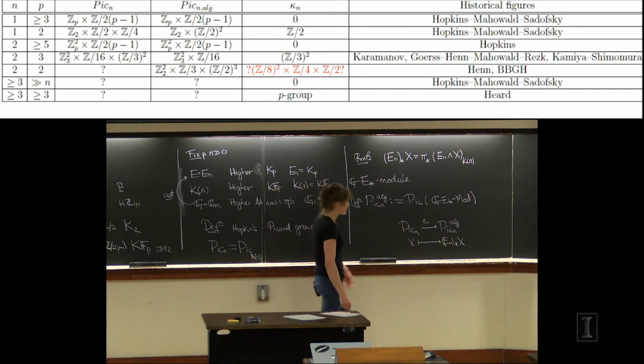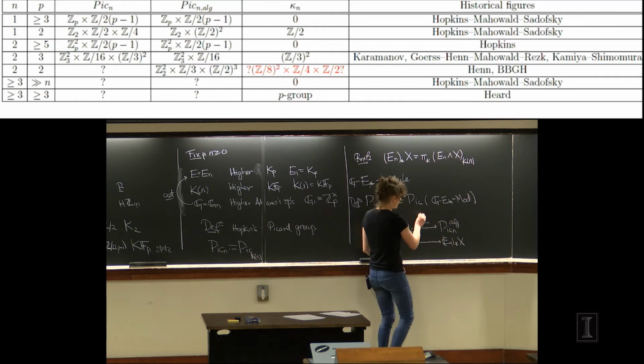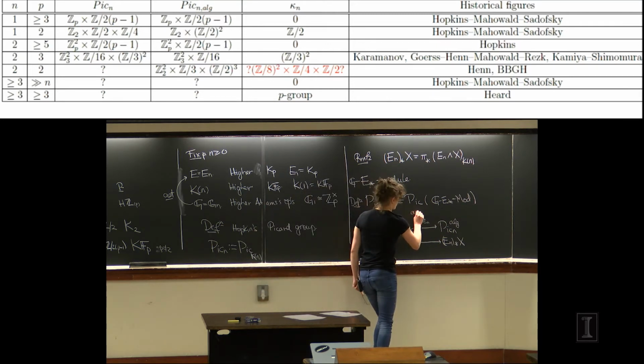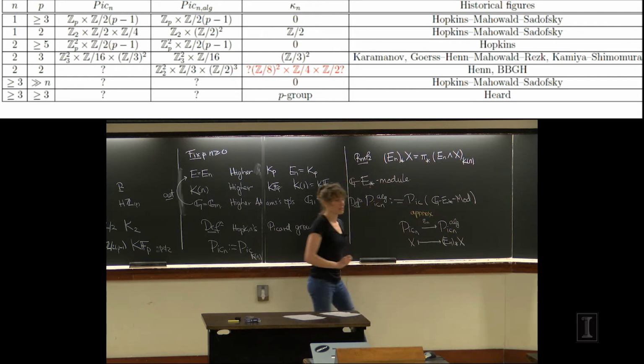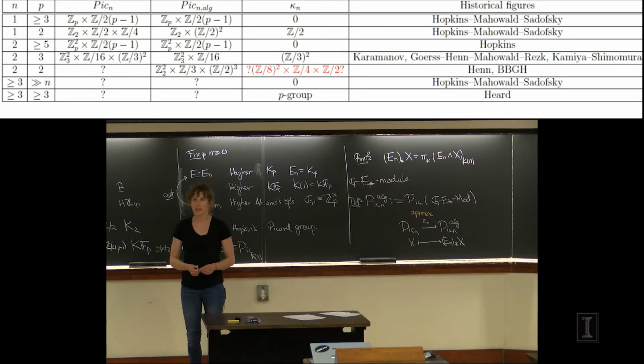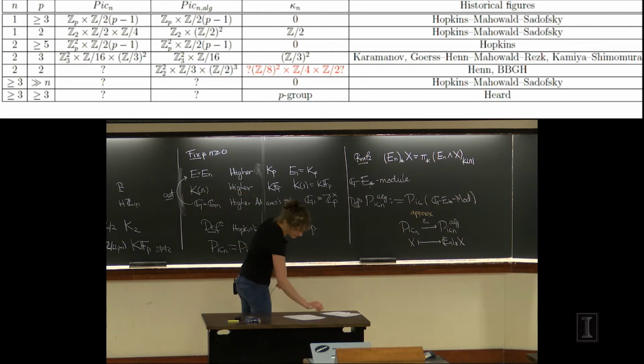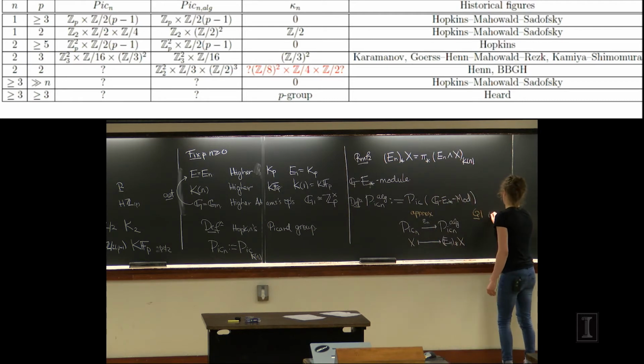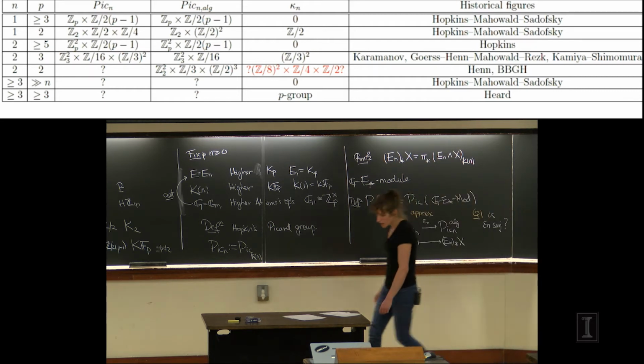So why is this thing interesting? Well, you can use this as an approximation for Pic_n, which is the thing that you're interested in computing. But if you have an approximation, then there are obvious questions to ask. So the first question is: is epsilon_n surjective? This is an open question. We know that it's surjective in some cases, and there are others that we don't. But in general, it's an open question.